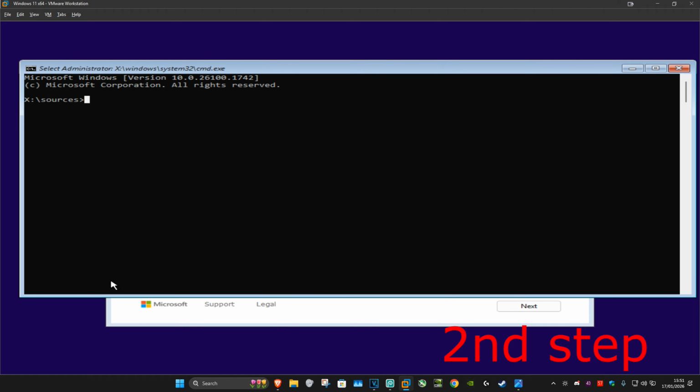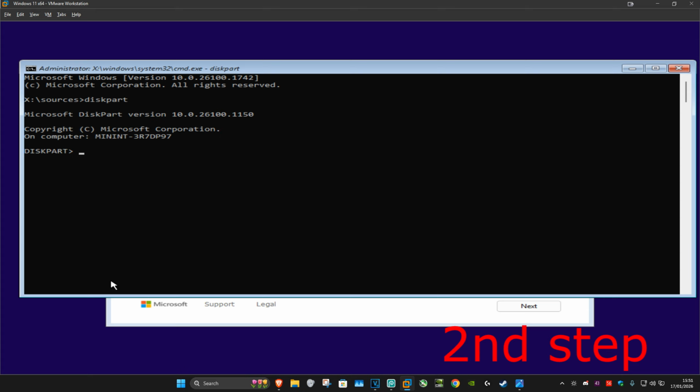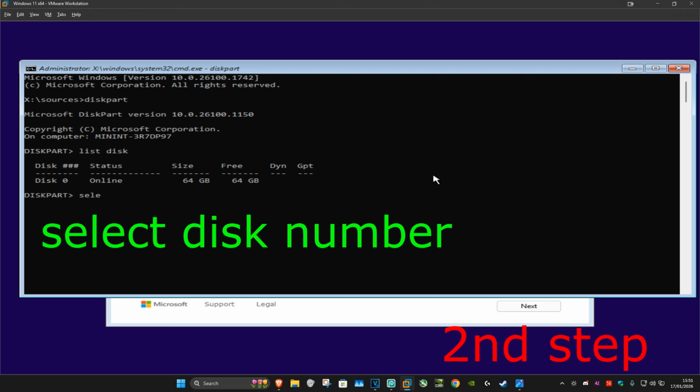And now once you're on this, you want to type in diskpart, and then press Enter. And now you want to type in list disk, and then press Enter again. Next, you want to type in select disk, and then the number of the disk that you want